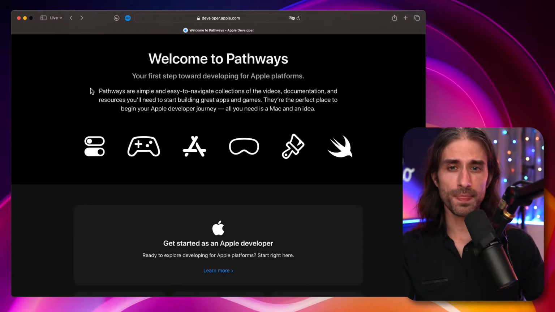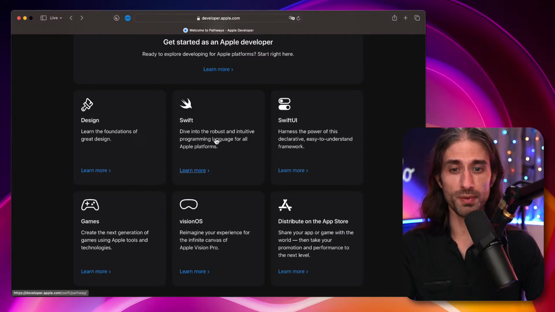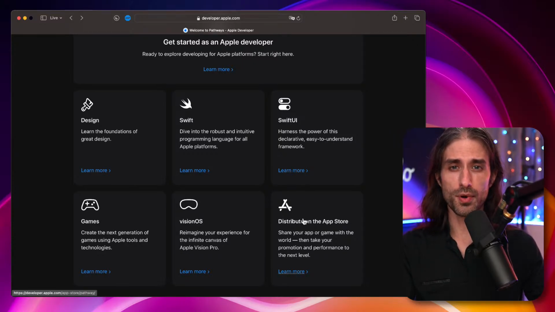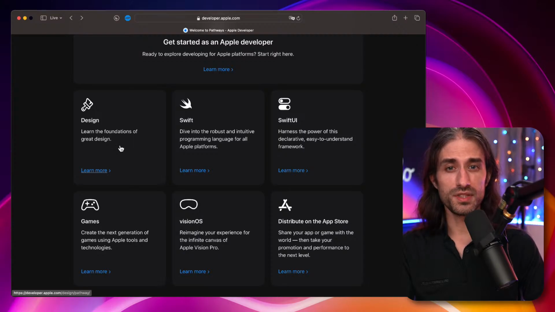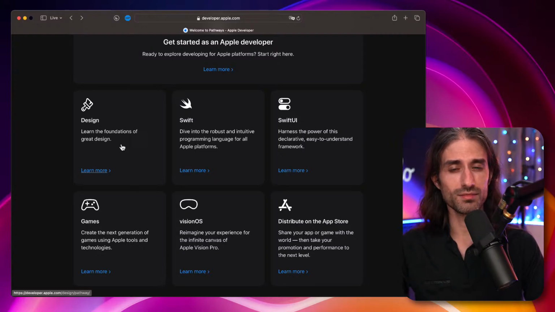And maybe even, I would say, even if you're already an Apple developer, to learn new topics that you might not be familiar with, because as you can see, we find the usual suspects. We find Swift, SwiftUI, distribution on the App Store. So these three, I would say, are the must if you want to create your app or rather work as an iOS developer. But you can see there is a section about design. I know a bit about design, but I'm not super knowledgeable. I'm sure I would learn something if I were to explore it. Good thing that we're going to explore it in a few minutes.